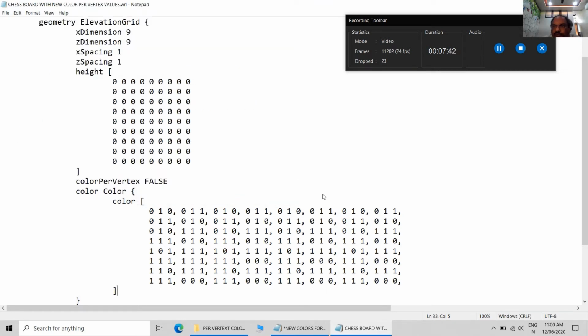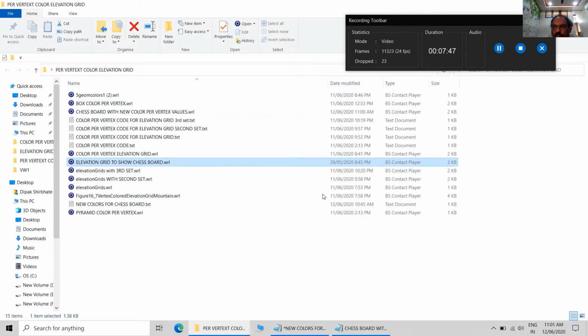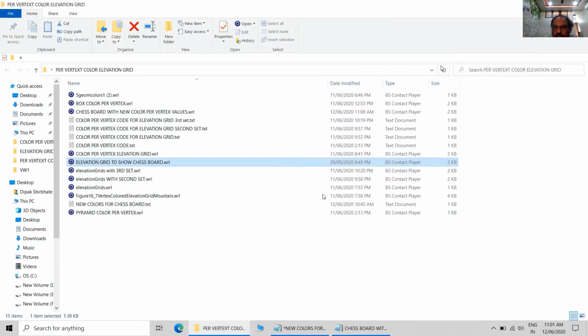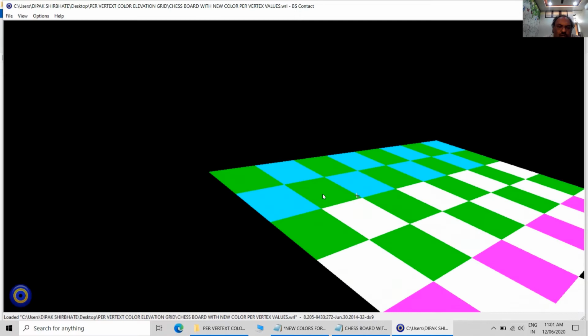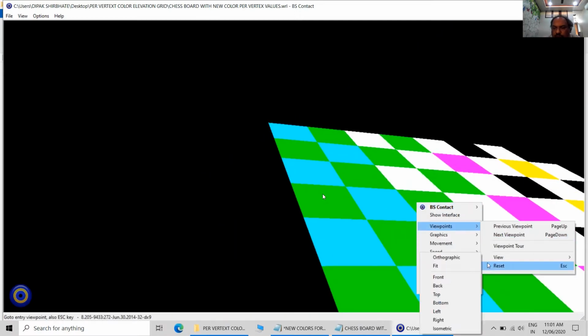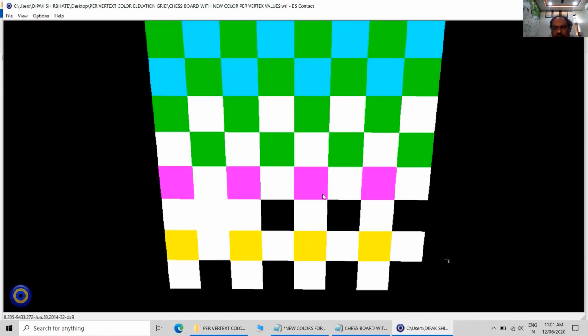Save. Now open the file chessboard with new color per vertex values, and you can see most of the black and white have been replaced with new color set of values.